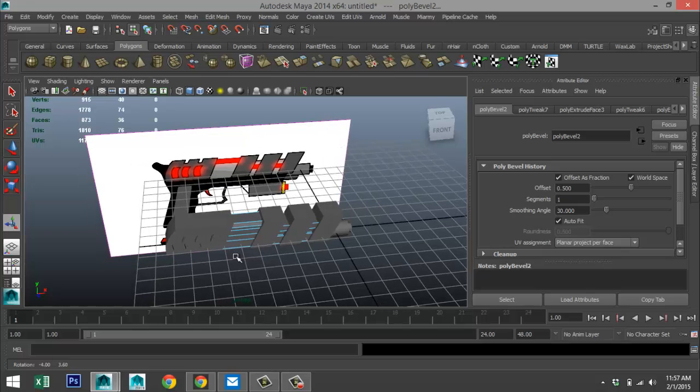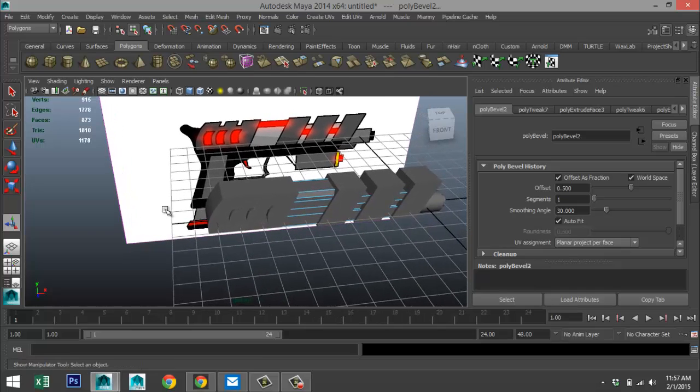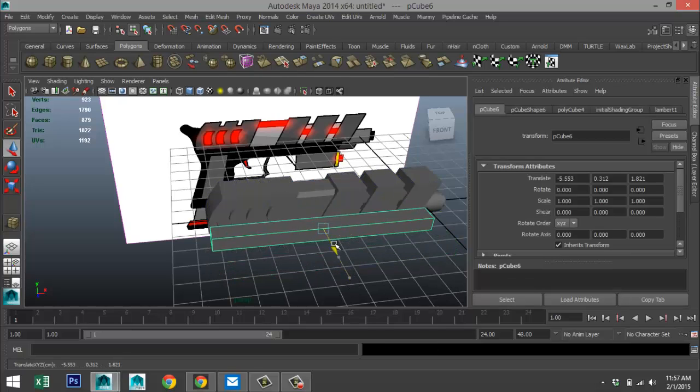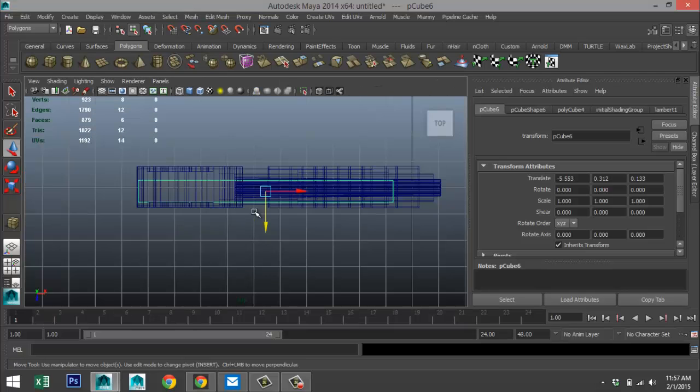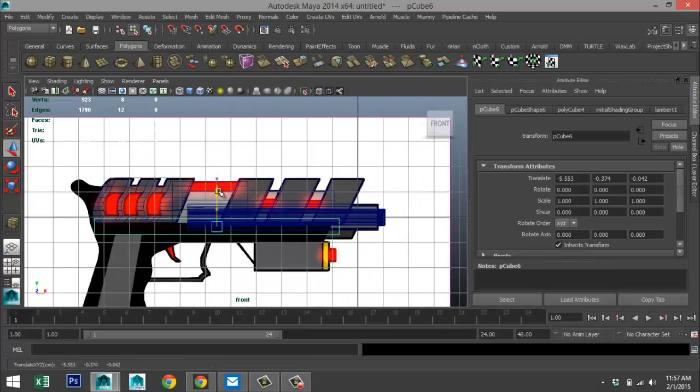All right. Now let's deal with the black portion, and we'll do that in several stages. We're going to start off by creating a cube on the bottom. So I'll take a polygon cube, drag that out, pull that up, move that in, check that from our top view. All right. We're going to check it from this view right here. We're going to move that down, and we're going to move that in from this end.